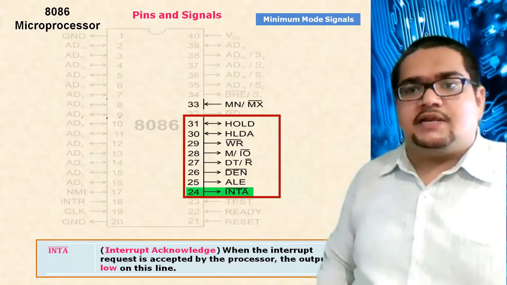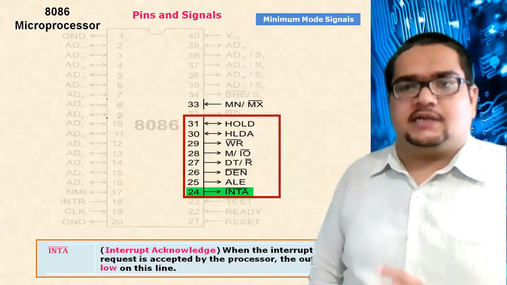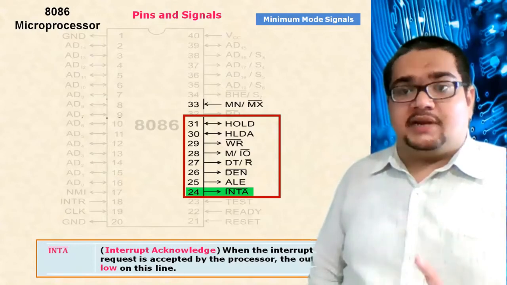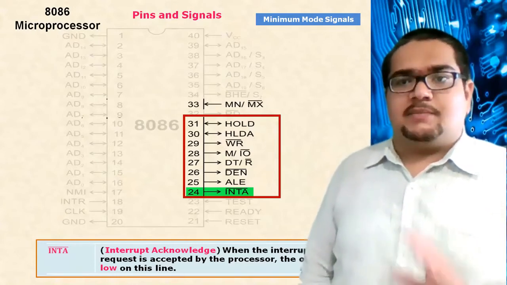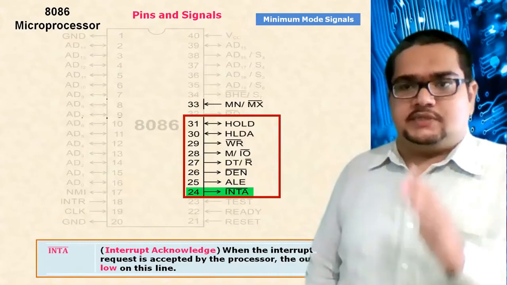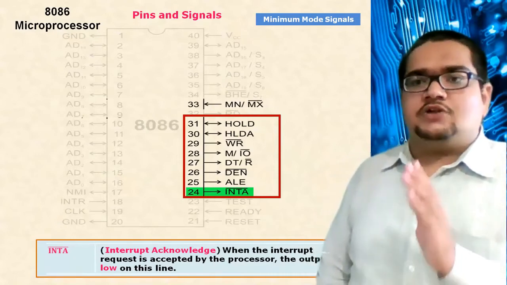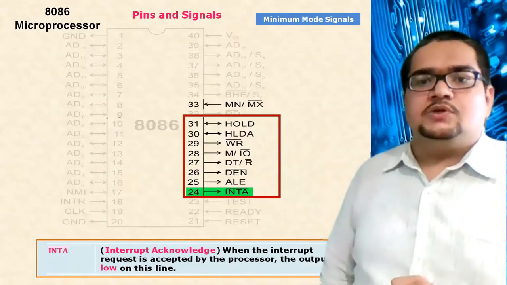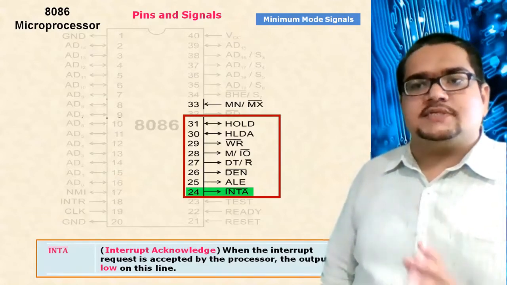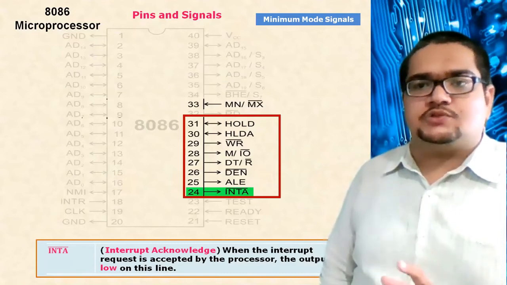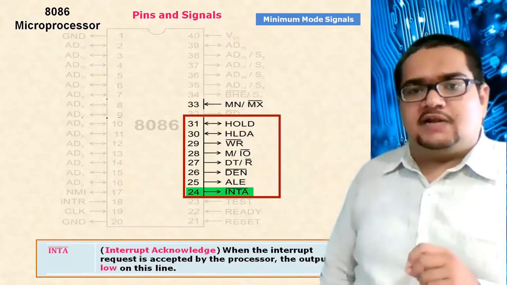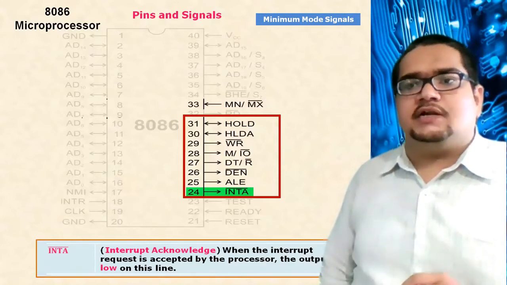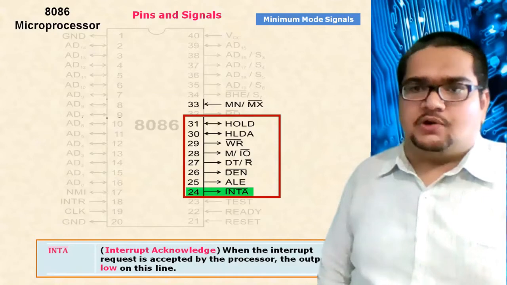Pin number 18 is interrupt request. Other devices, external devices, request the processor for the interrupt. Okay, and we know that INTR pin number 18 is a maskable interrupt. Maskable in the sense that if the processor wants, it can ignore that. It is not mandatory for the processor to service the maskable interrupts. Now, in the case when the processor accepts the interrupt and gives service to the maskable interrupt, it will send